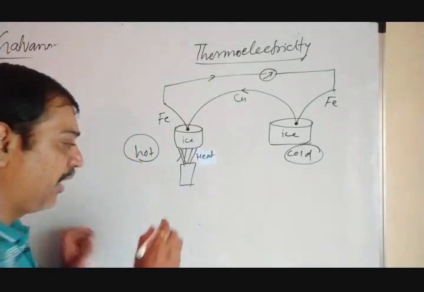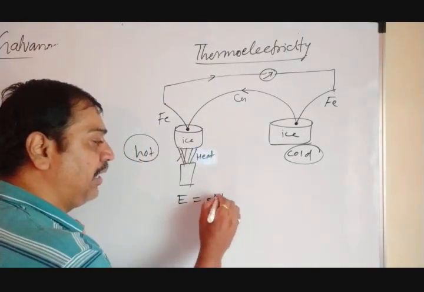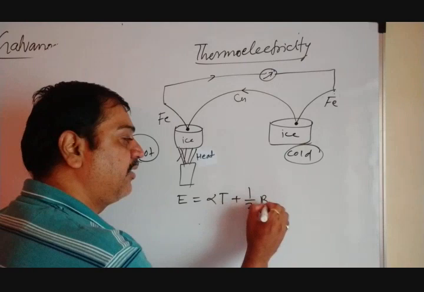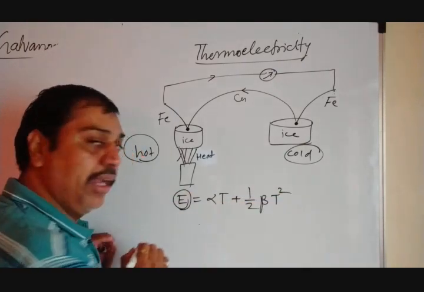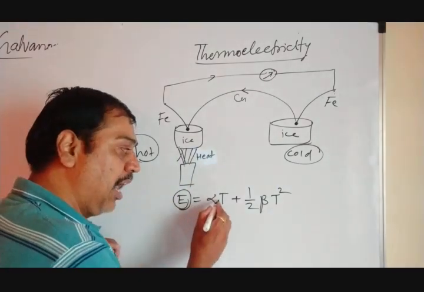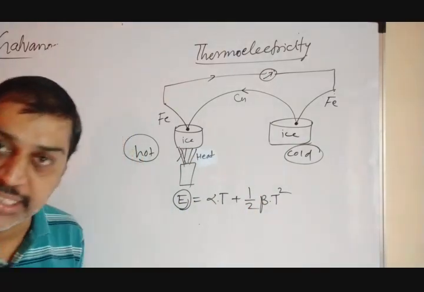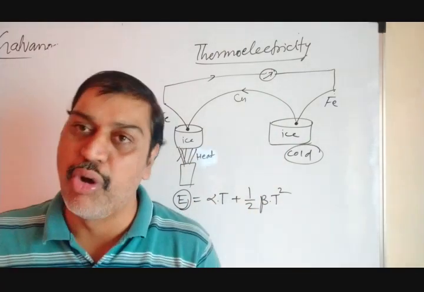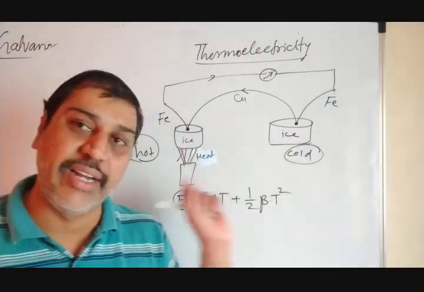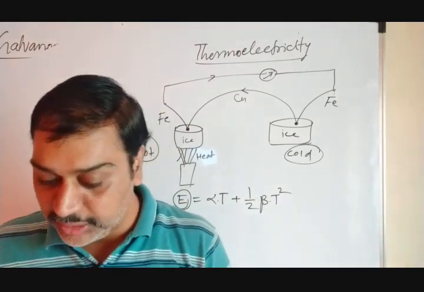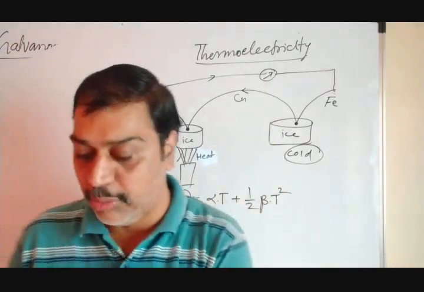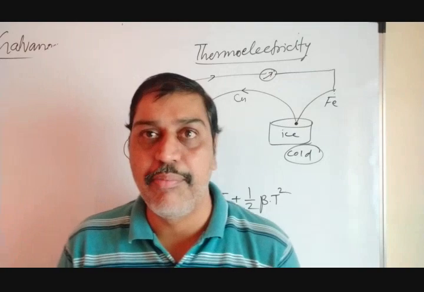Below that, they have written one equation: E equals alpha T plus half beta T squared. E means the electricity produced due to the thermoelectric effect. Due to this effect, electricity is produced as alpha into T plus 1 by 2 beta into T squared. Alpha and beta are called thermoelectric constants. Remember, this effect is reversible. Just change the position, and the effect gets reversed; the direction of current gets changed. So this is nothing but the production of electricity due to change in temperature at two junctions, and that is said to be thermoelectricity. In this fashion, we have completed this chapter also.